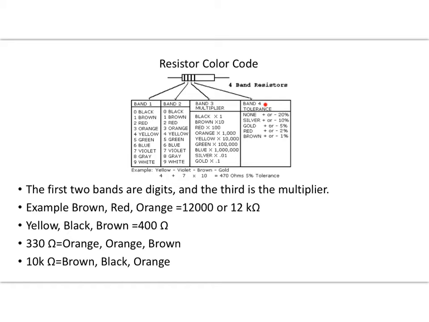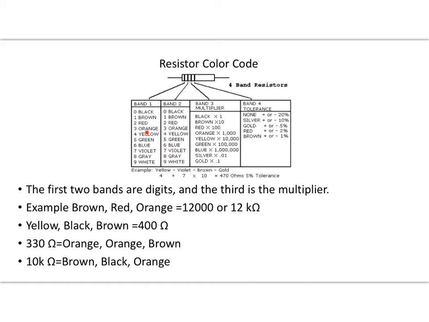And then the band 4 here is the tolerance. We're not going to be concerned with that so much, but it's basically telling you that if it's a silver band, for example, that means whatever resistor value you came up with, the actual resistor value is within 10% of that particular value. Okay, notice that the colors go black, brown, and then the next few colors are the colors